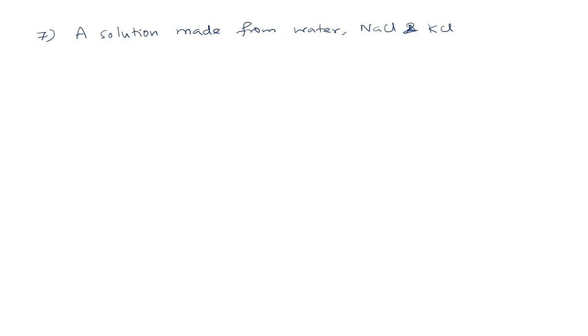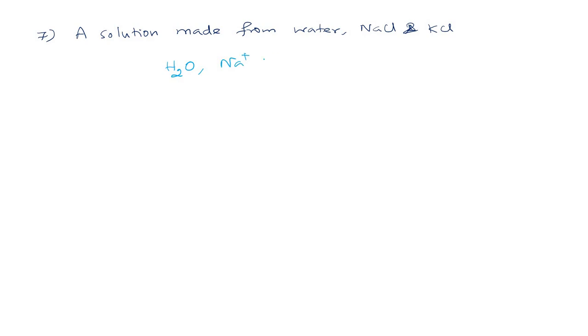Okay, in this case how do we find the number of independent constituents present in the system? So what are the species present? We have water, and we are taking sodium chloride and potassium chloride. The amount is not given, so you assume that we are adding 1 gram of sodium chloride and 2 gram of potassium chloride, like that. Amount is not specified, so you can assume that the amounts are not the same, right? In that case,